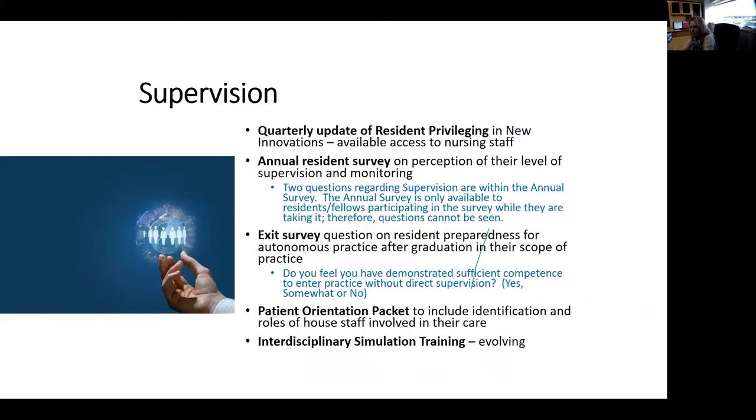So under supervision, that is the other focus area. On a quarterly basis, I want you all to know that your program director enters your competency to perform a procedure, either with direct supervision or indirect supervision. So this is done on a quarterly basis, and our office audits these to make sure that they are up to date. And the reason why this is done is, of course, for your own feedback in terms of your progress through the program,